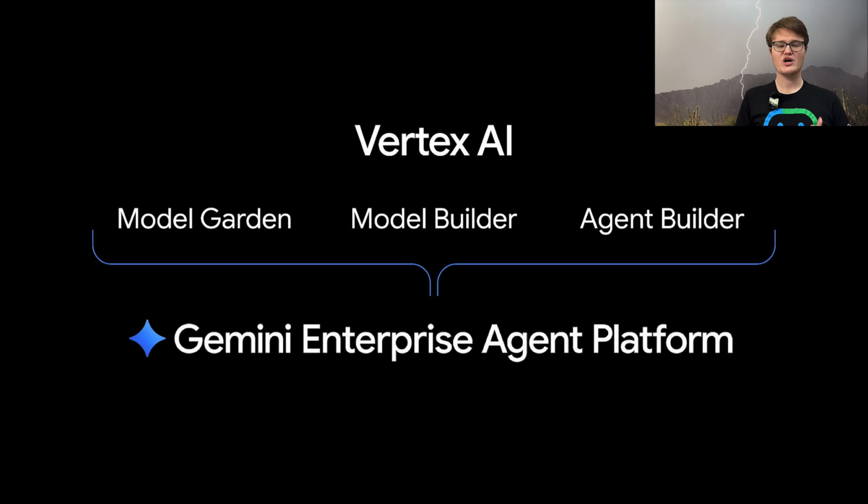Before we start, a quick note on the name. If you've been building with Vertex AI, you're in the right place. Agent Platform is an evolution of Vertex AI, including Model Garden and model training, that is now restructured as an agent-first ecosystem. So you'll see some mixed terminology as we transition, but please be assured that the core Vertex AI